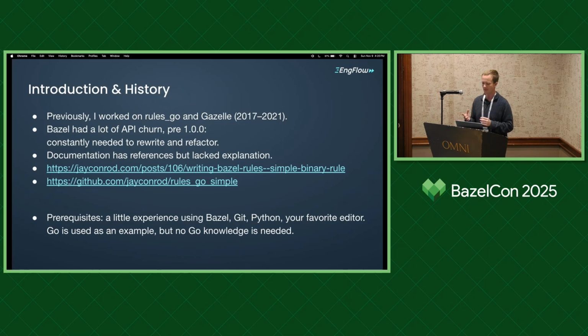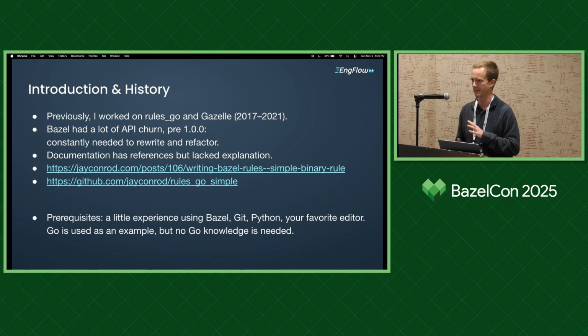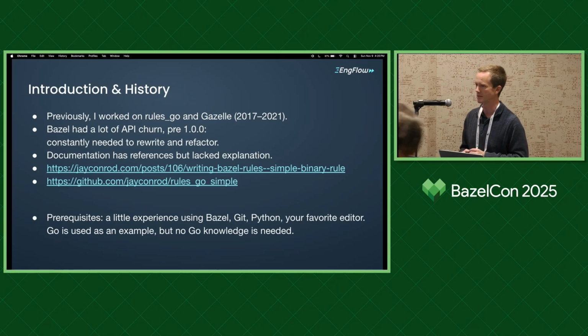The idea was that, rather than take an existing rule set like Rules Go that has a lot of complicated stuff, like it needs to interact with C++ and handle exotic platforms and so on, we're going to take the simplified version. So the code that this course is based on is called Rules Go Simple,